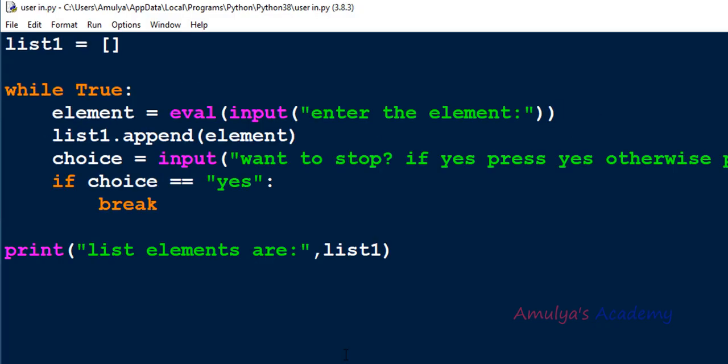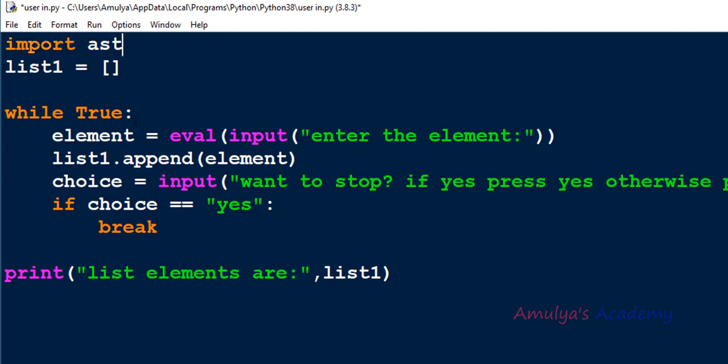But using the eval function in a program is dangerous because it has some security issues, and most people avoid using eval in programs. Then what to use instead of the eval function? You can use another function called literal_eval, which belongs to the ast module. This is a module, and in that module there is a function called literal_eval, which will safely evaluate an expression or string. So for that you need to import ast first,